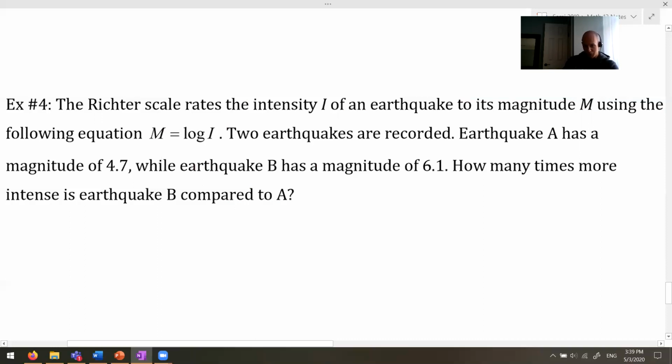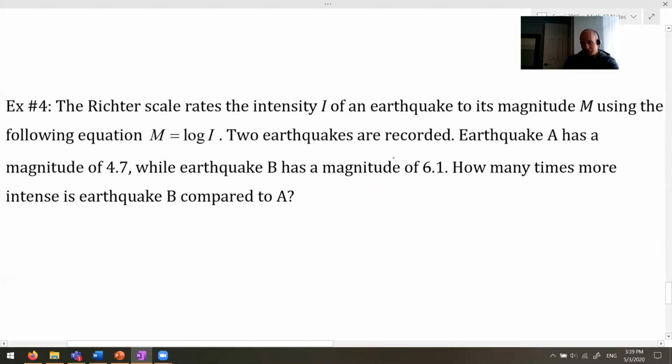Anyway, let's do the question. So 2 earthquakes are recorded. Earthquake A has a magnitude of 4.7, while earthquake B has a magnitude of 6.1. How many times more intense is B than A? So the way that you would go about doing this is, first of all, this does not give you enough